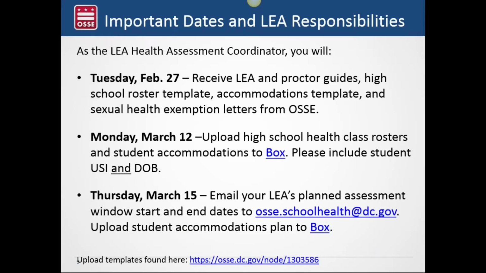The assessment window, regularly monitoring completion rates and following up with schools to ensure that you get as close as possible to 100% completion within your LEA. So last week you got an email from me that pointed you to a few resources on the OSSE website. If you did not receive this, please send a note to ossi.schoolhealth@dc.gov so that we have your contact information on file